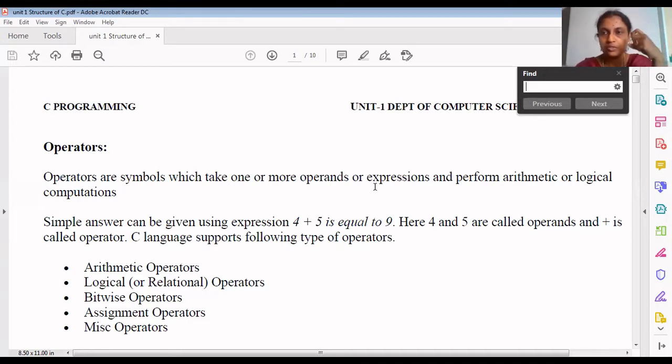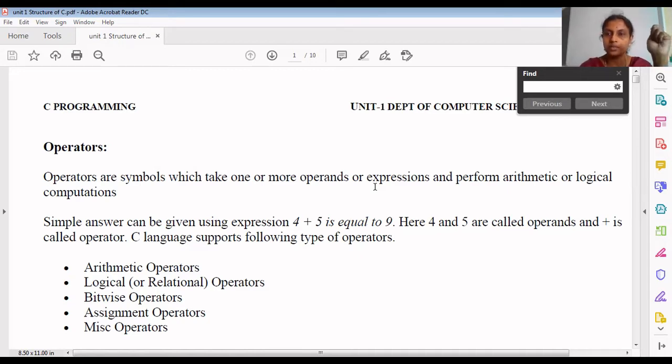So we have already finished two types of tokens. One is keywords, and if you remember, keywords are reserved words. Then we finished the concept of identifiers. The names I use in the computer, I call them identifiers, and we have seen a set of rules to give identifier names. With that we finished. Today's class will start with another type of